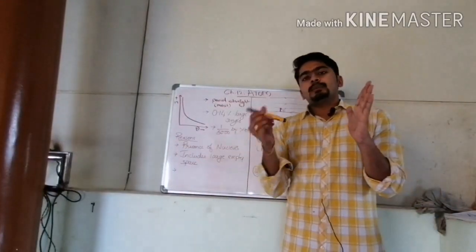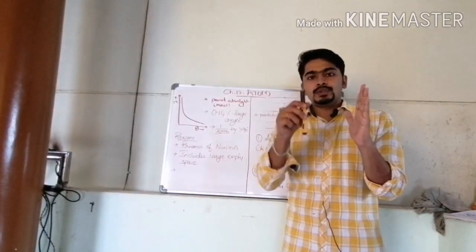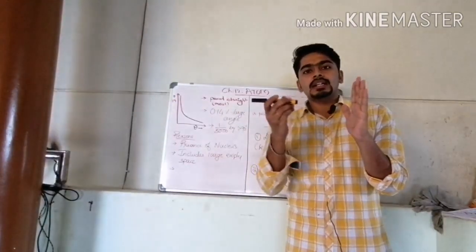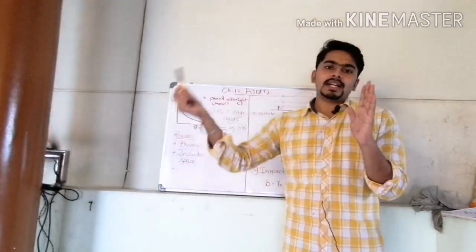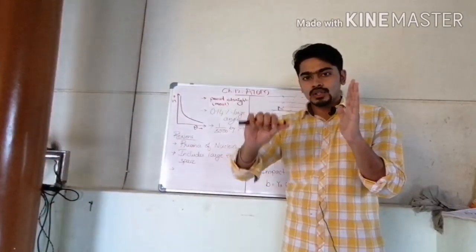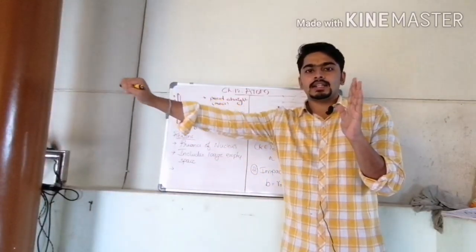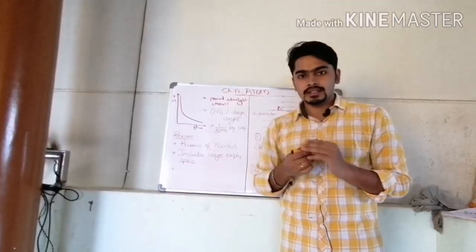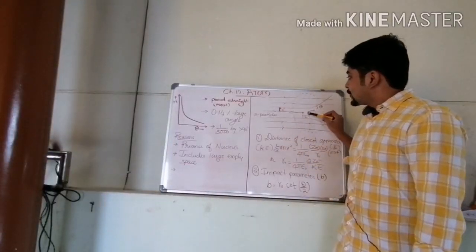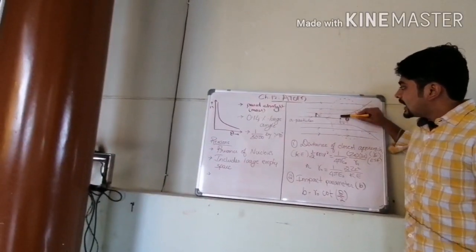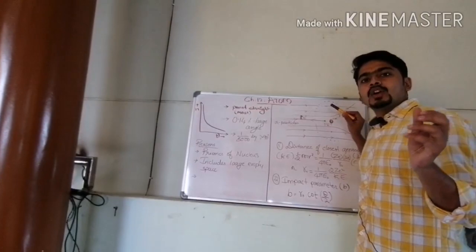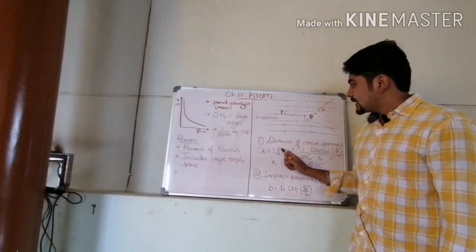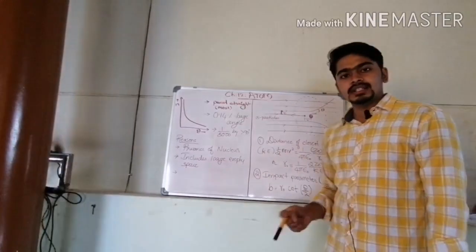It has high potential energy, and due to that high potential energy, what happens? It will start repelling back, traveling in the manner it came from. Again the potential energy reduces and it gains kinetic energy. There we can observe the conservation of energy, and the distance between the center of the nucleus and the point where the alpha particle stops is called the distance of closest approach. According to that, we have derived the equation for the distance of closest approach.